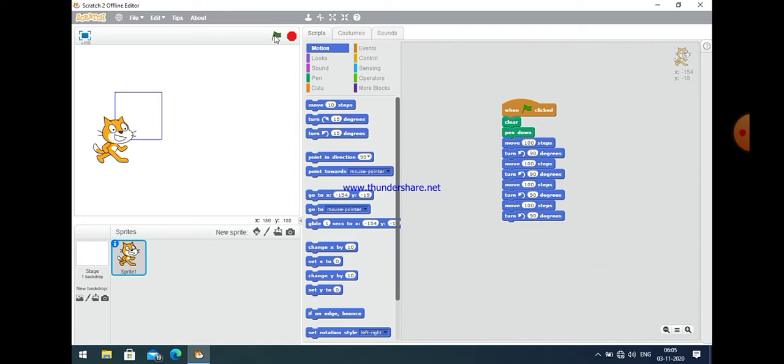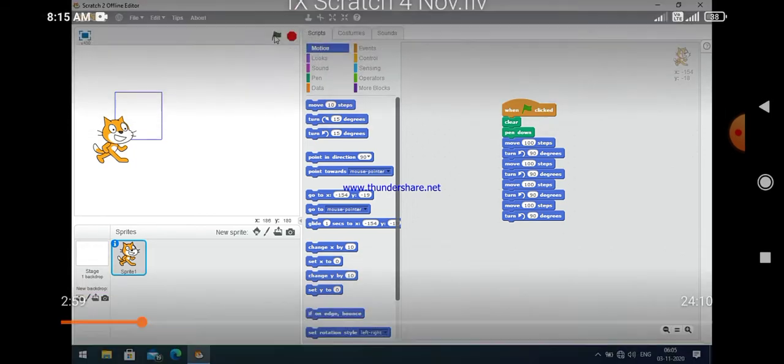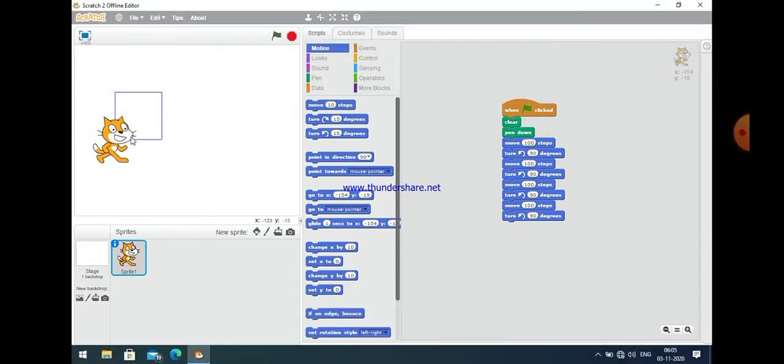Actually it is a square because all sides are equal, because the object moves 100 steps forward every time before it takes an angle of 90 degrees. So this will give you a square. Okay, you can make a rectangle also. Actually a square is also a type of rectangle in which all sides are equal, as you know.